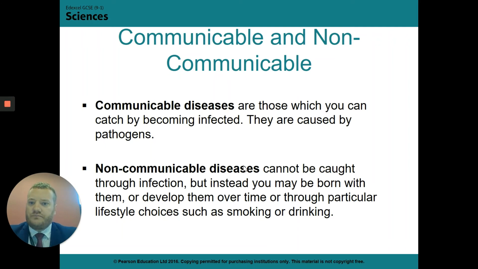All right, so again, this is a recap. I just want to make sure we've got this clear. Communicable diseases are those which you can catch by becoming infected. So they're caused by pathogens. So the ways we've spoken about so far, we're only referring to communicable diseases, ones that you can catch effectively. Non-communicable diseases, which we'll look at a couple of examples of in a minute, are the ones which you can't catch. So you can develop them, and there are things that you can do in your life that will give you a greater or lesser chance of getting those diseases, but you don't catch those diseases off somebody else. So sometimes you might be born with them. I'm thinking genetic diseases there. Sometimes you can develop them over time depending on how you live your life. But however you get them, you didn't catch them off somebody.